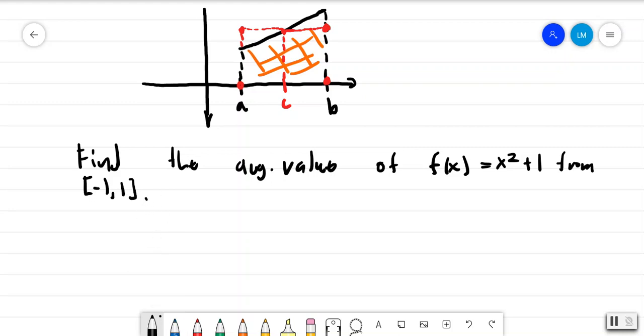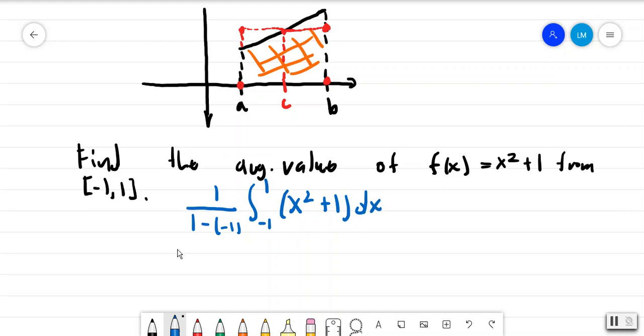Accordingly, this means that we would have 1 divided by 1 minus negative 1, and then multiplied by the integral from negative 1 to 1 of x squared plus 1